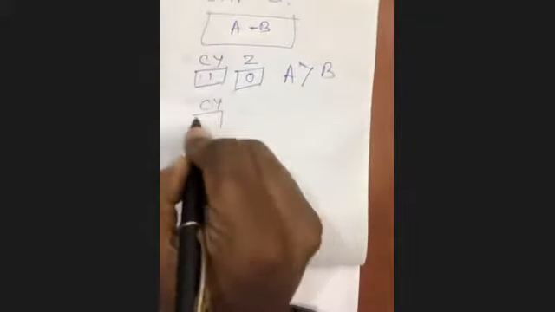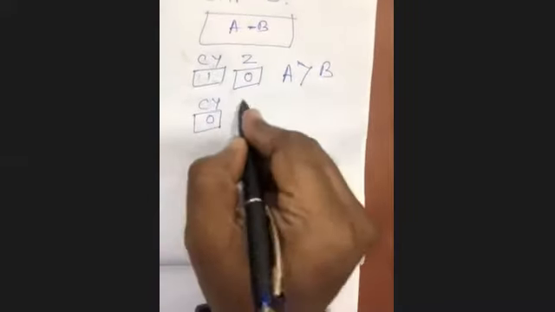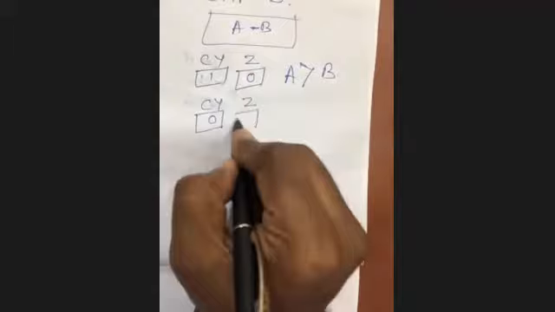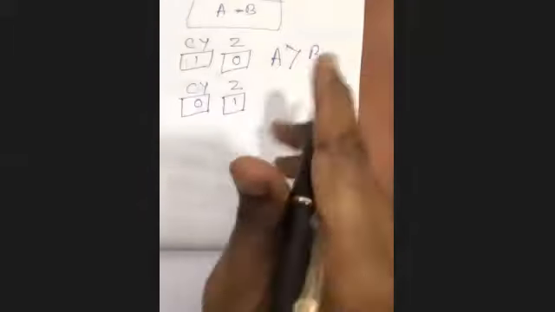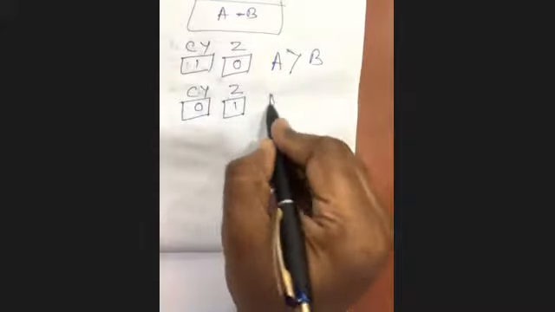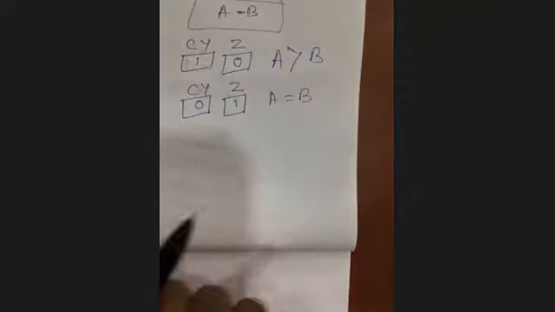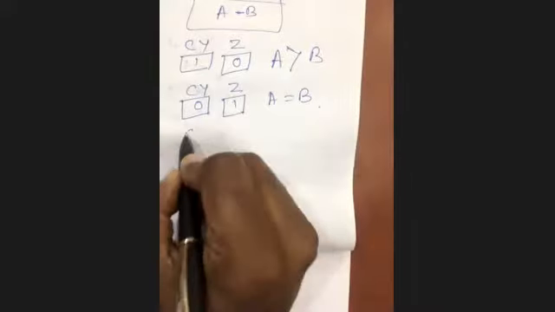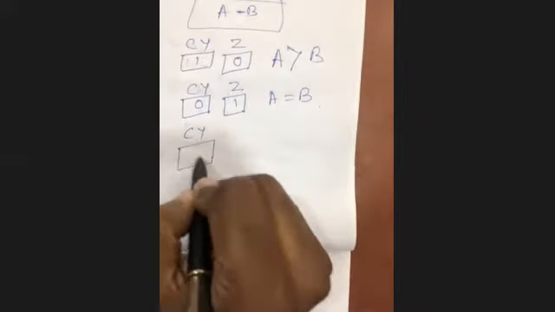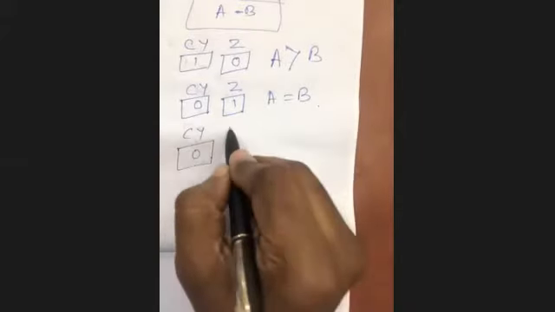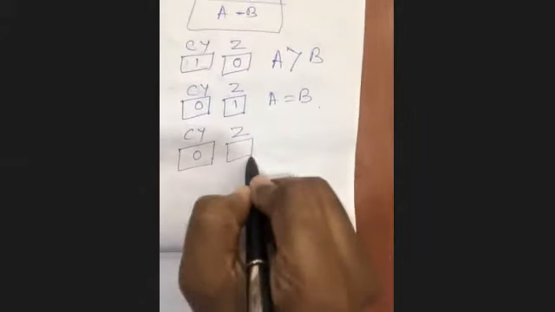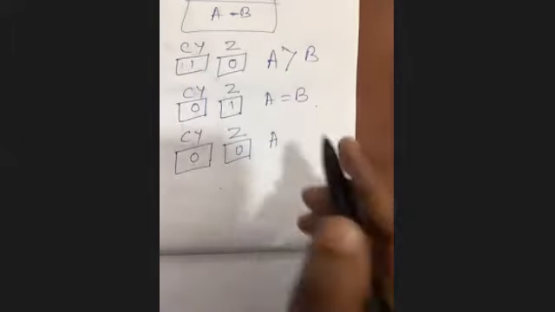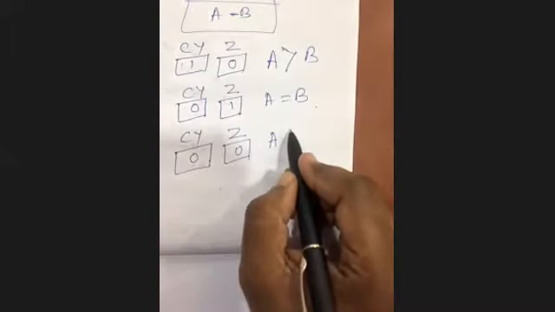If carry flag is 0 and zero flag is 1, then what will happen? Then A is equal to B, means the result is 0. If carry flag is 0 and zero flag is also 0, then